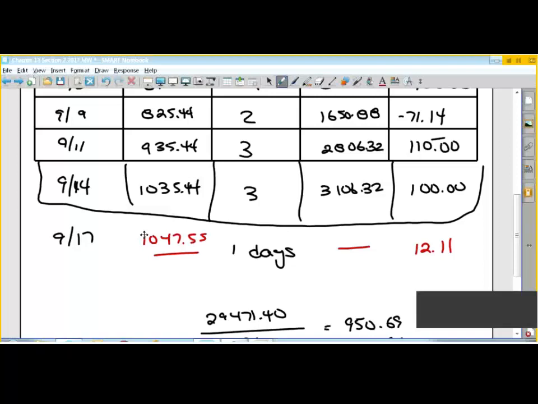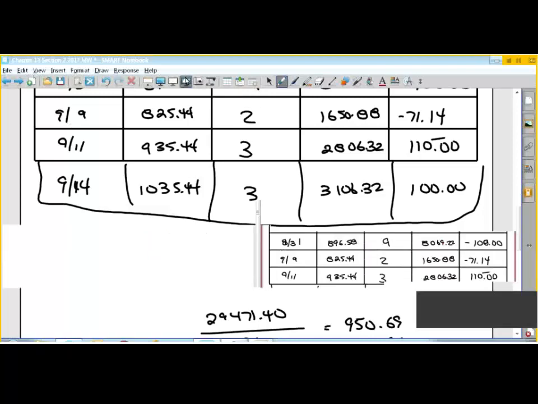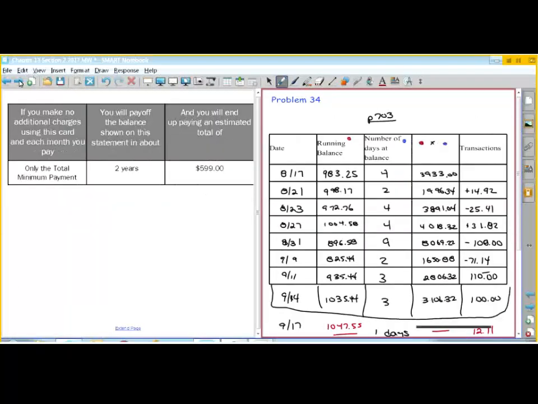So the interest is calculated at the end of the month based on the average daily balance, the daily interest rate multiplied by the number of days in the month. Okay, so that's how it works. It's not rocket science. It's just some reasonably simple calculations, and you'll have some homework problems that address that,